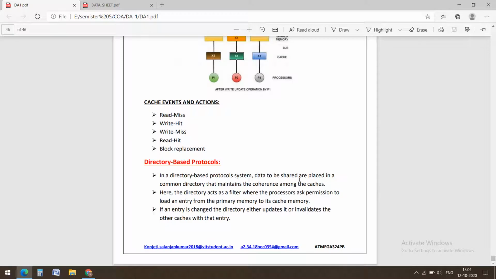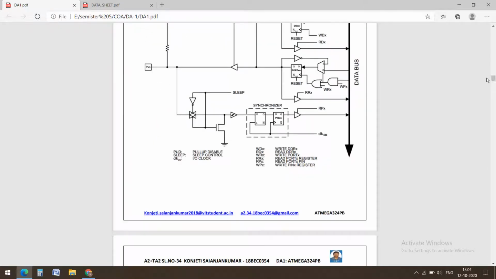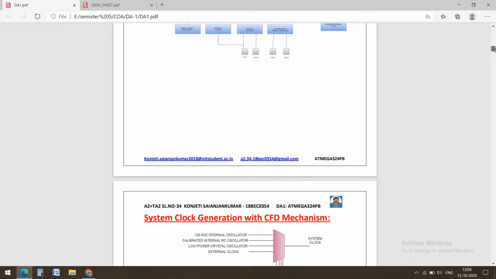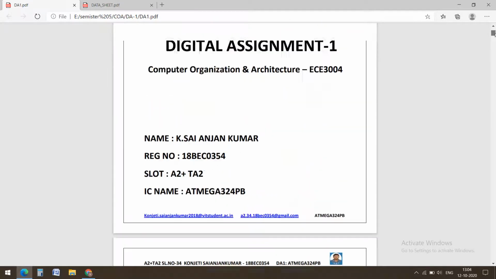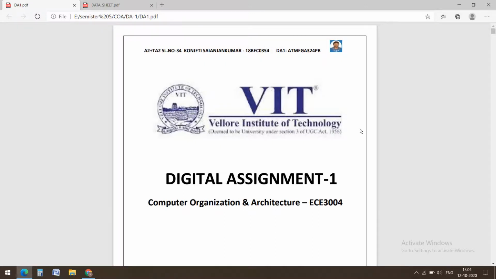This is some of the information regarding the protocols, and this ends the assignment. The main problem I faced is that it is time consuming to complete this, searching for data and drawing the diagrams, so it caused some difficulties. But at last it's fine, I completed it. Thank you.